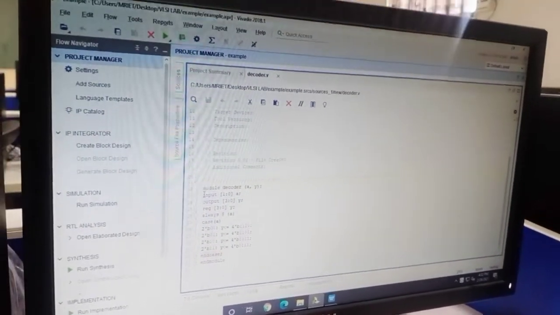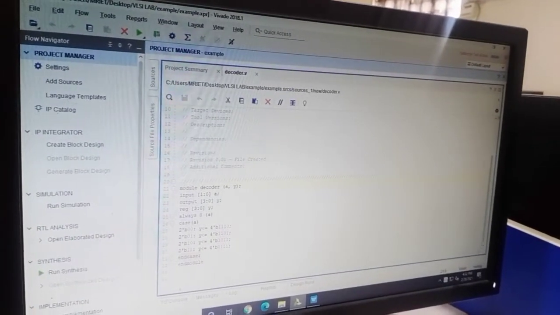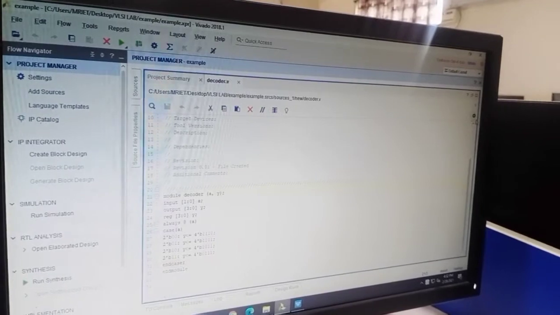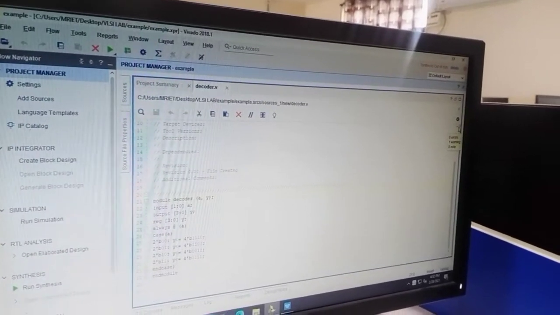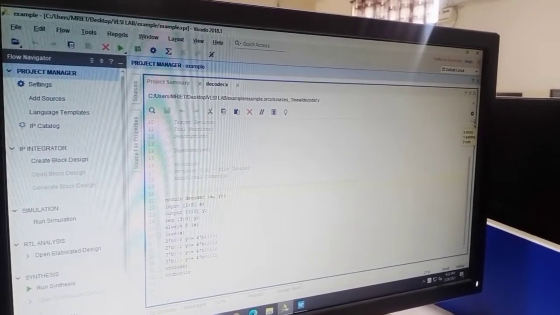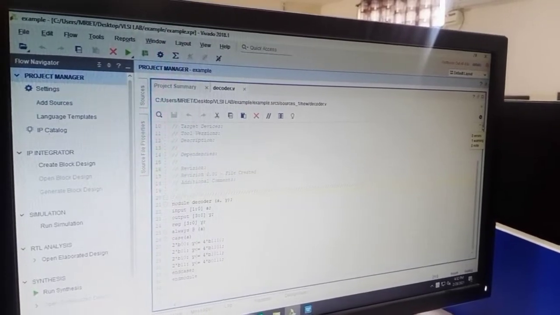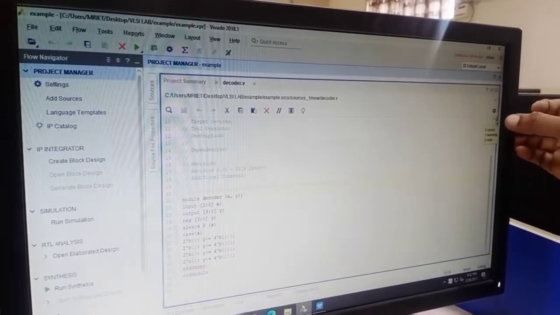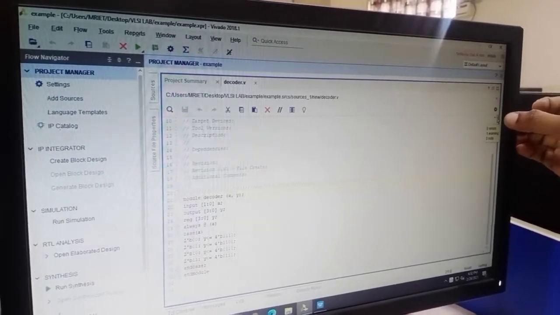Once after completion of writing the code, we will see whether there are any errors or not. As I told you in the previous video, if I have a green color at this corner, that indicates that it is 0 errors and 0 warnings. Now I can see a yellow color code which indicates that there is one warning, but warnings can be ignored, so that is no problem. If it is getting a red, that indicates that there are certain errors. If there are errors, we need to rectify those errors.